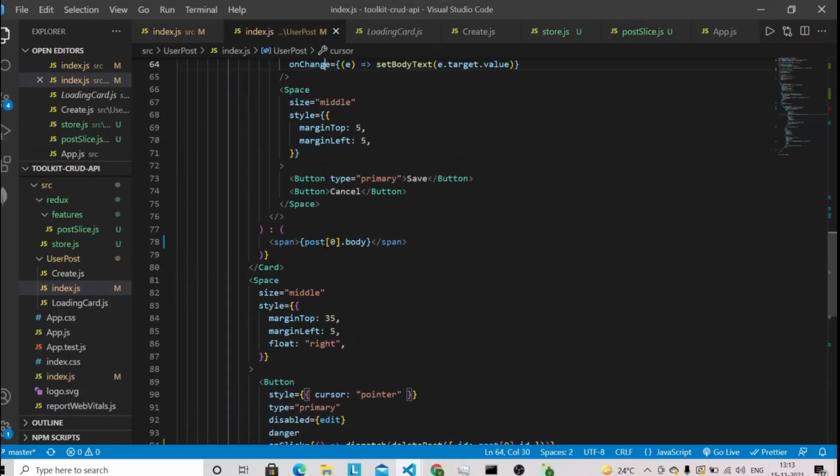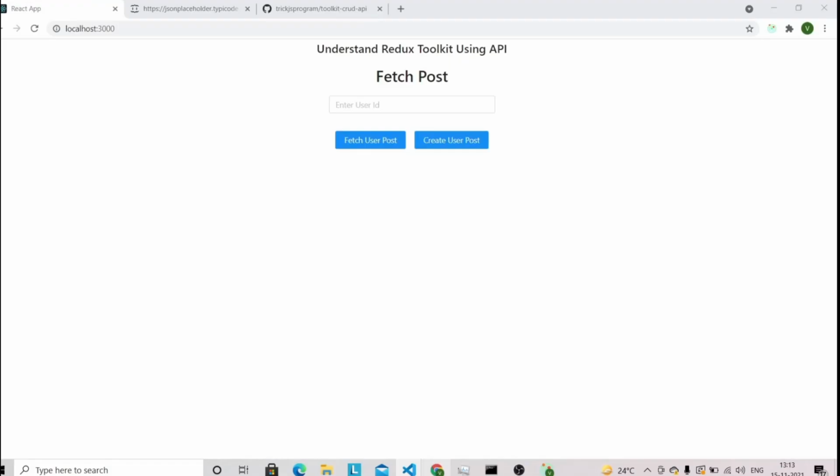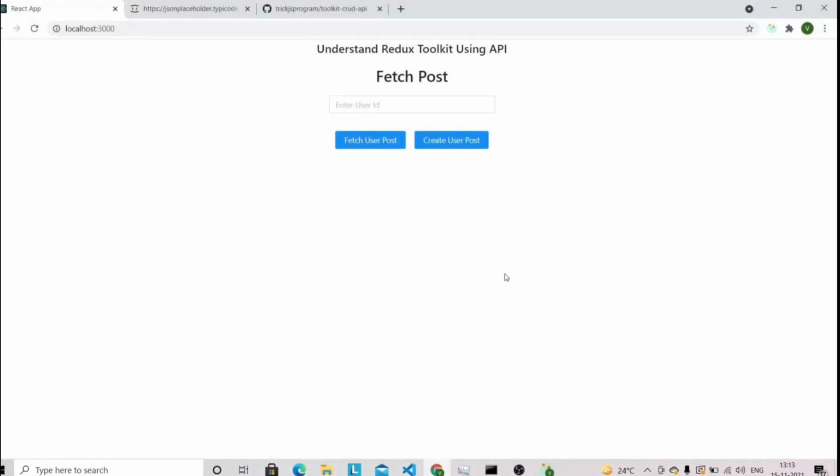And if you go back to the code, if you look at our index.js file, here we are checking the length because the post will always have the single array of object. So once we delete the post, we got the empty object. So we are checking the length here to display the post on our React application. So this condition is not going to be satisfied once you delete the single user post. So we have performed the delete operation.